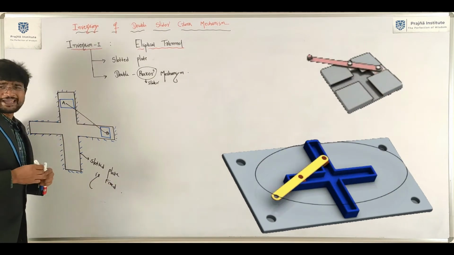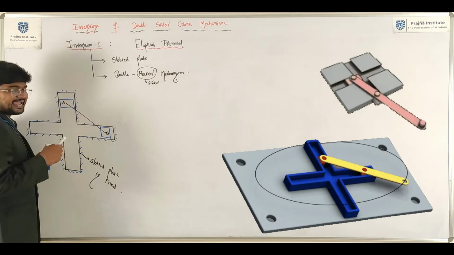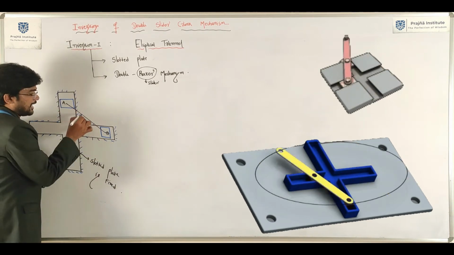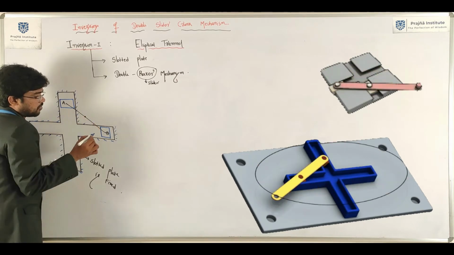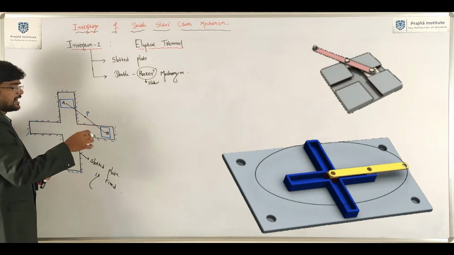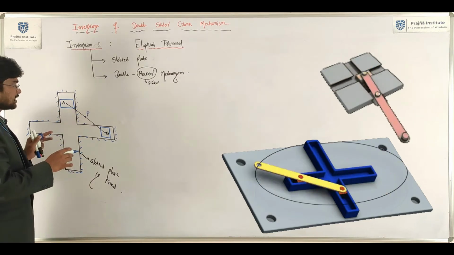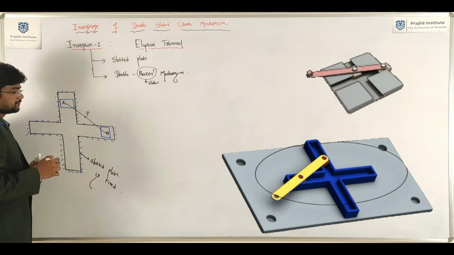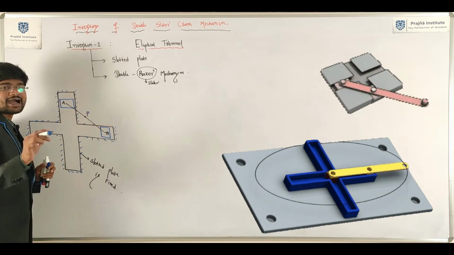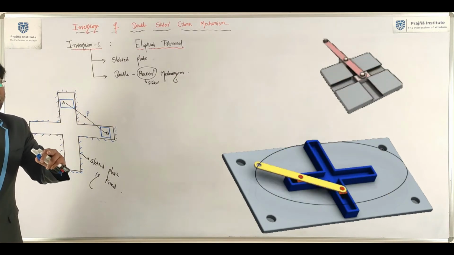It is a drawing instrument. We need to keep a pencil or sketch pen at any point on the link AB. Just take one point P. Just keep it here, and these two will move in such a way that it can draw the ellipse. In what way you will get the ellipse, you can see in the animation. So it is a drawing instrument. It is used to draw an ellipse.